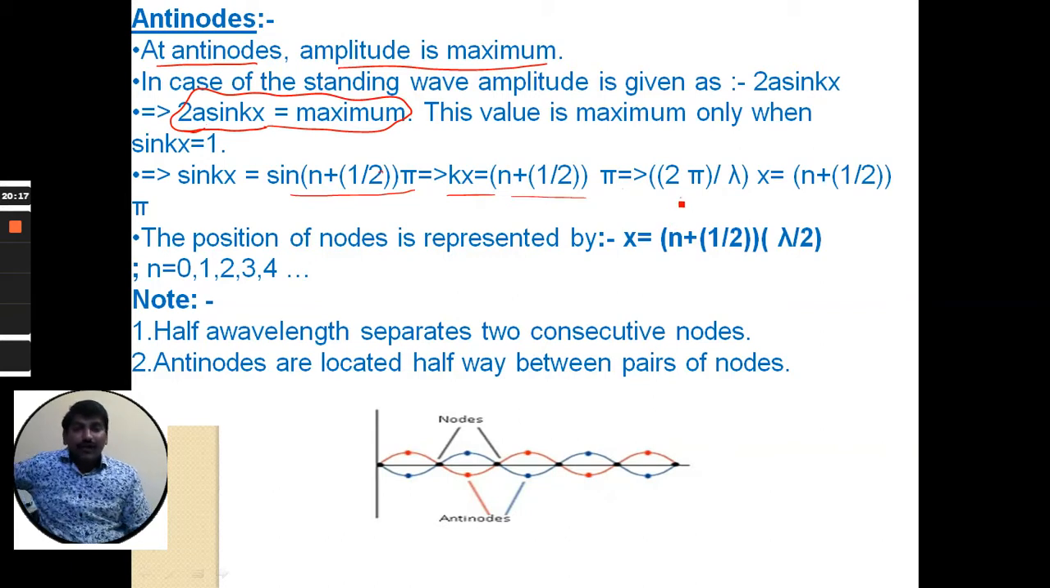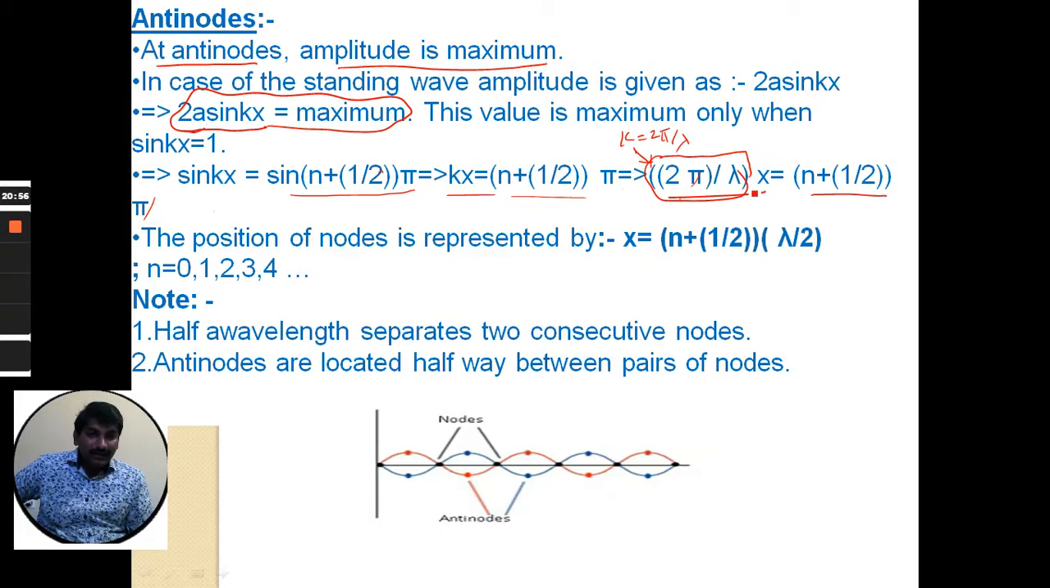What am I having here? 2 pi by lambda. They have directly written 2 pi by lambda here because we already know k equal to 2 pi by lambda. The moment I substitute 2 pi by lambda in place of k, this term completely belongs to k. So that's why it became 2 pi by lambda into x simply into (n plus 1/2) pi. Now pi is there on both sides, so this pi and this pi get cancelled. Then you are having simply